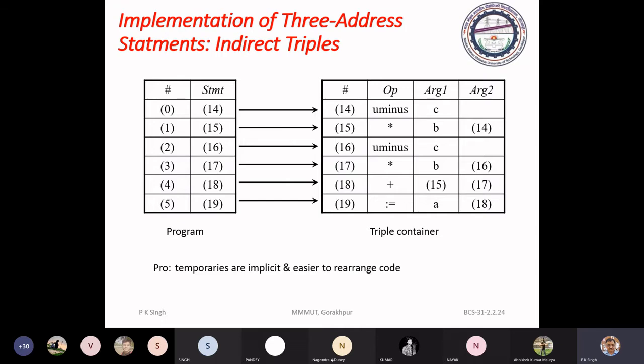So what do we do? We just keep the index of the three address code separately. Okay. This is the container and this is the index. And through the index, we refer to the three address codes. Okay. So this representation is being used for implementation of three address code in memory.